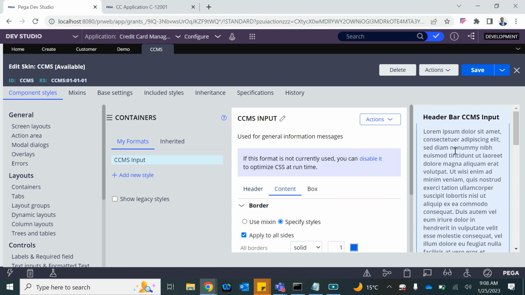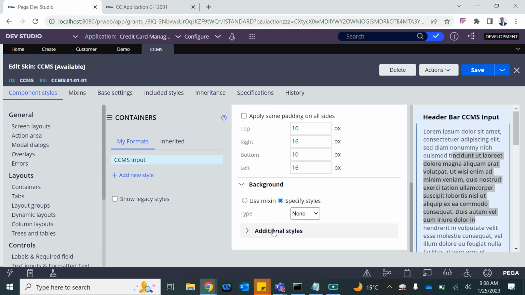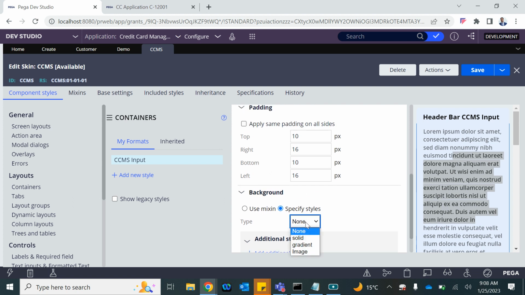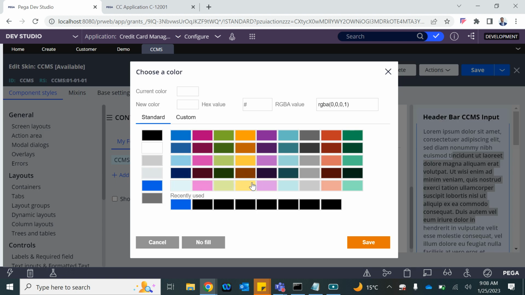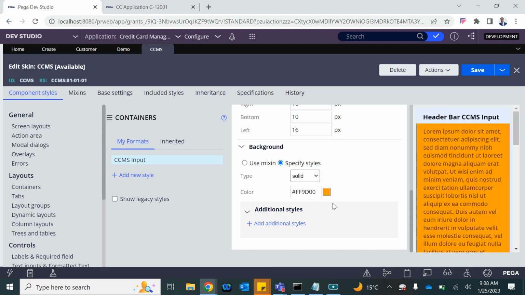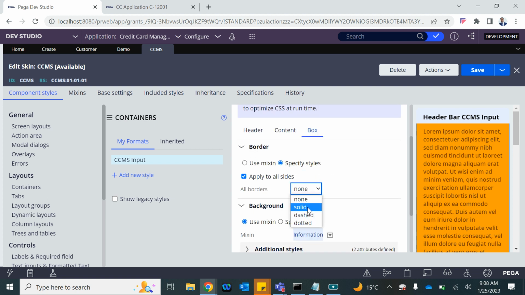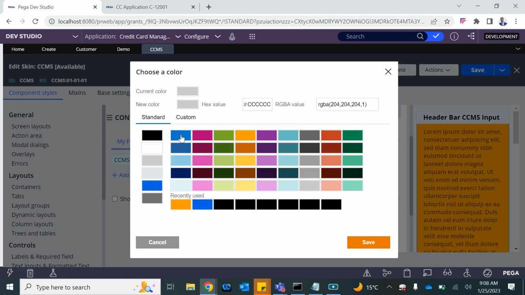So content is where you specify how the content is going to look like, right? Solid border, any padding from the border, background, right? Any specific style or mixing, we can say background solid, and the color could be this one. See, the background got changed. Then you have box, the entire box. The border for the box, apply this solid one entire box, right? And then color blue,